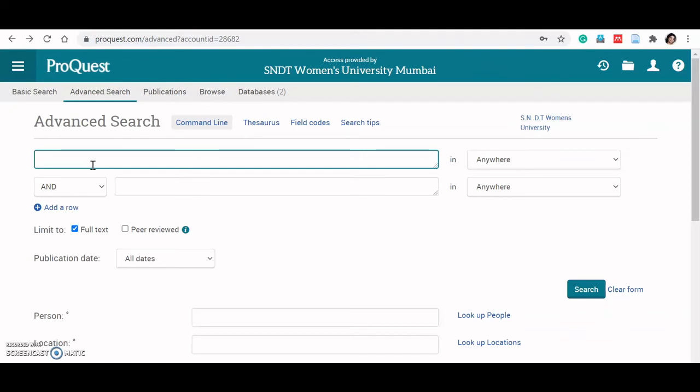If there are variations in the names, then definitely this author search is useful. So for example, if I'm saying APJ Abdul Kalam,